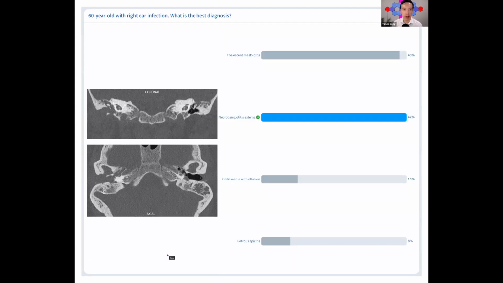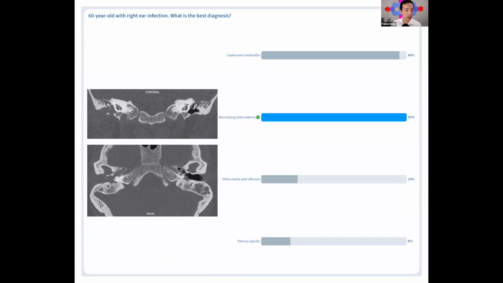The correct answer that a plurality of you chose is necrotizing otitis externa. This is a very important diagnosis to identify radiologically. What we have is a temporal bone CT in bone kernel and coronal images and axial images. And the key finding here is to recognize that there is bone erosion. So I told you that there was a right ear infection, and the key task for you is to determine what kind of ear infection this is: otitis externa, is it mastoiditis, otitis media,